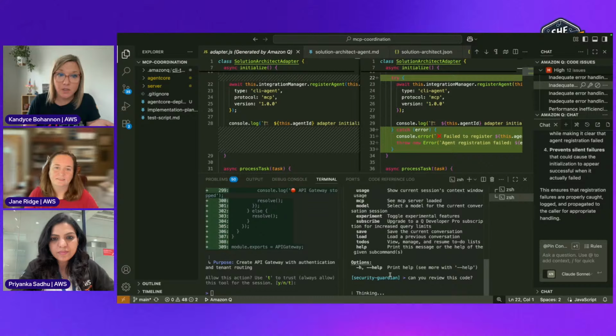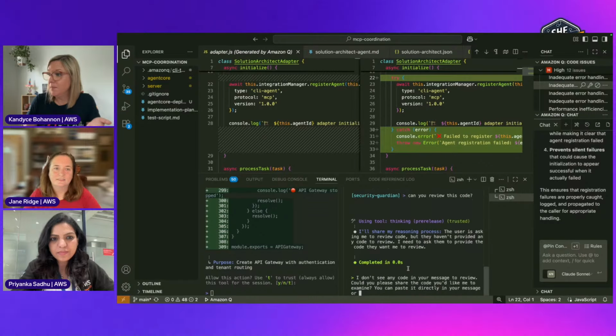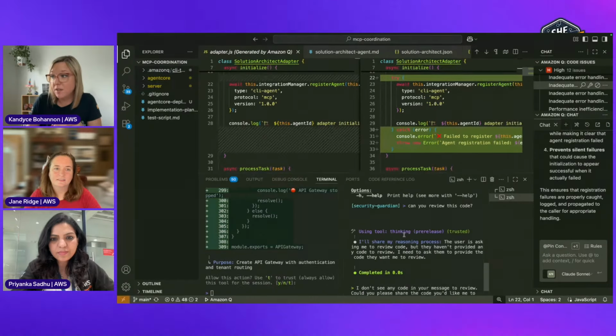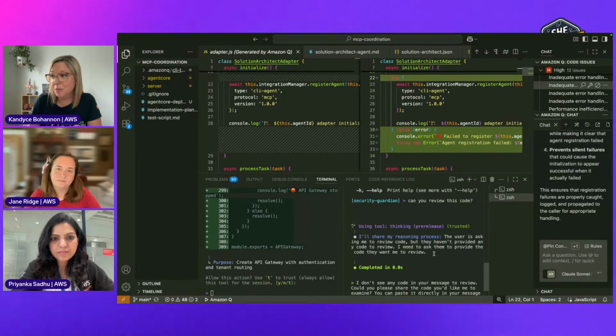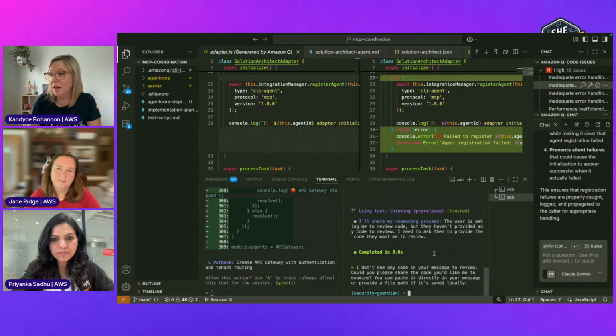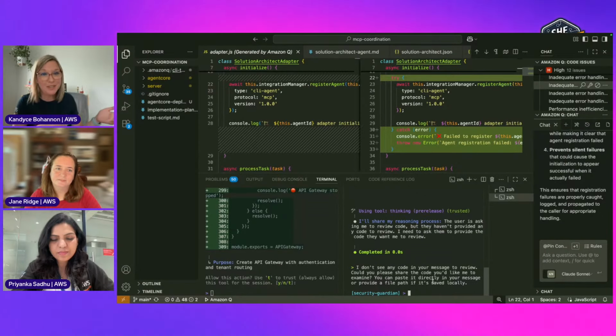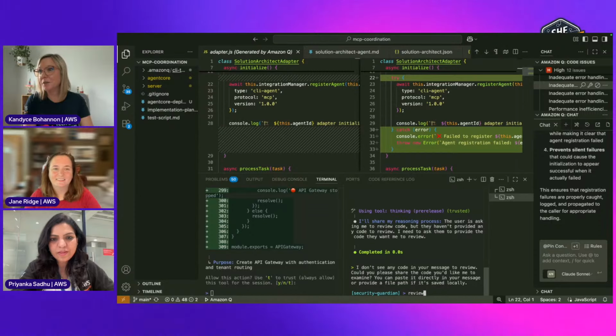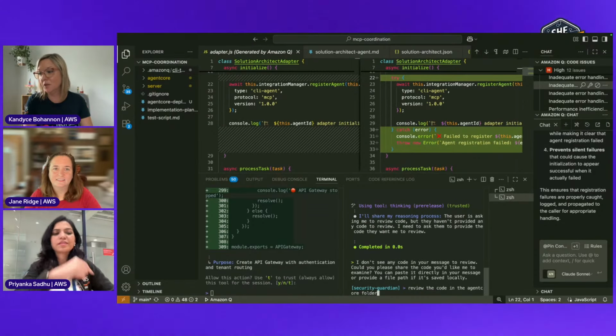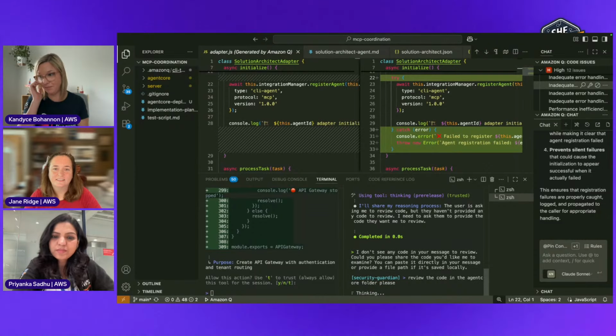So now it's going to look at this. We see the thinking happening. And so, the user is asking me to review code, but they didn't tell me what code to review. I'll ask them to address. So you can see what it's thinking. I think that's really neat. Review the code in the agent core folder, please.